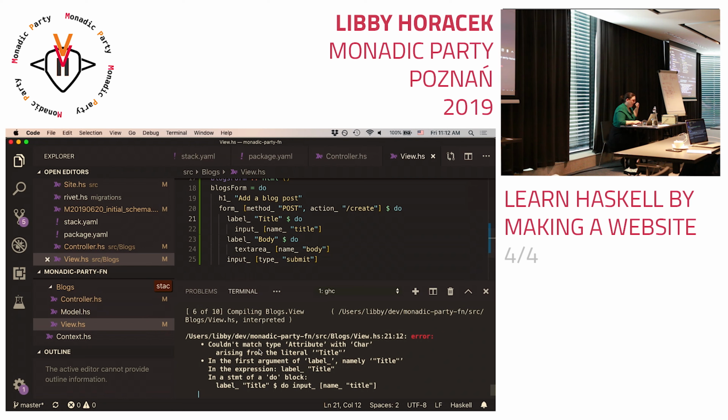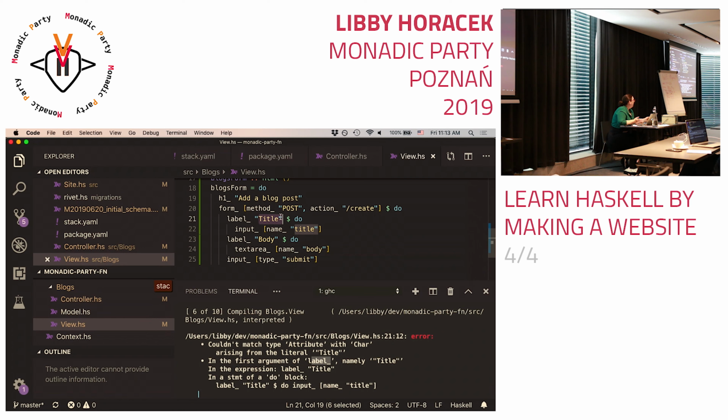An attribute must be, it has a different escaping sequence from other kinds of strings, so it cannot just be a string. Well, I mean, I think that's true. But what it's complaining about? So we can see that the problem is with the label function, which I didn't intend to have any attributes, right? So I've done something wrong that it thinks that title is supposed to be the attribute of